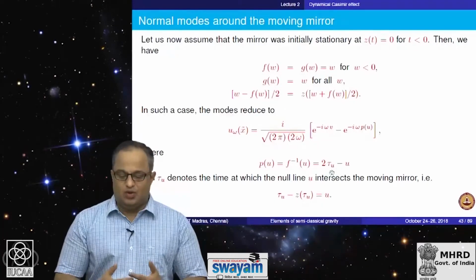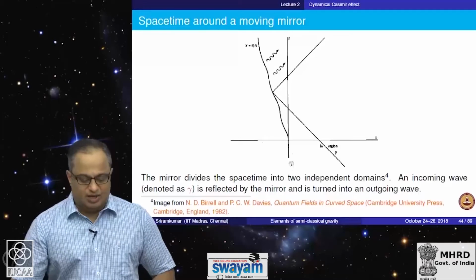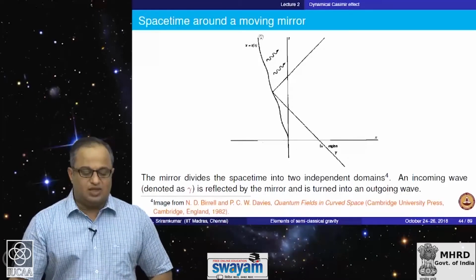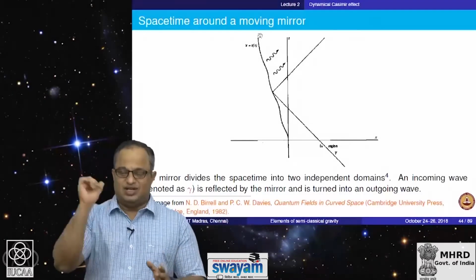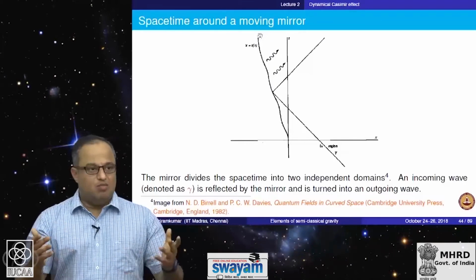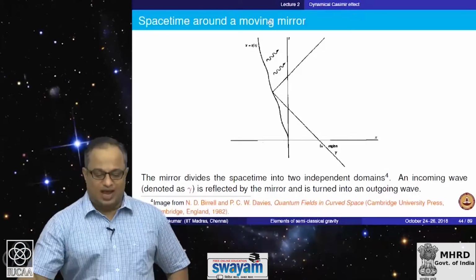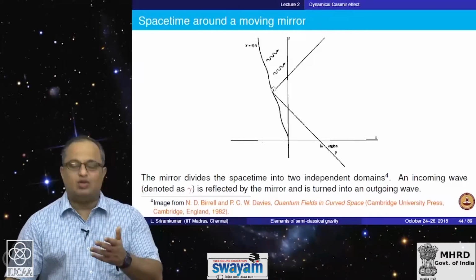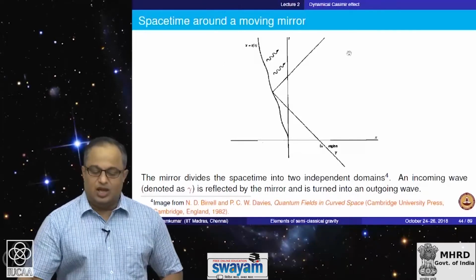So, you have the modes, and p of u depends strongly on how z of t behaves. So, what you have is the following situation here. This corresponds to t less than 0, the mirror is stationary at early times, and it is moving in some arbitrary trajectory at later times. The boundary condition is like a particle in a box. Remember, your wave function is confined to that side, there is no box, there is just one wall here. So, what essentially happens is that the space time is divided into two domains, one to the left and one to the right, and we will focus on what we have on this side here. Modes are coming in and they are reflected by the mirror and they go out,